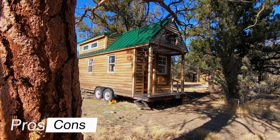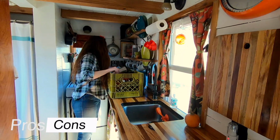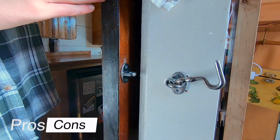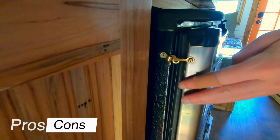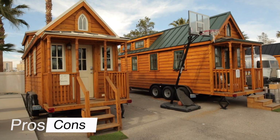Where tiny house, when we would travel, we got really good at it. Like 15 to 20 minutes and we could be ready, wheels up on the road. That's not bad. But I feel like some of our Skoolie friends could cut that down in half, at least. Yeah, absolutely. The thing about a tiny house on wheels is it's not attached to an engine, which